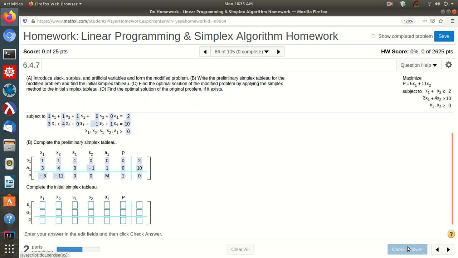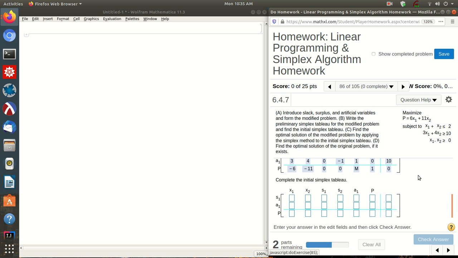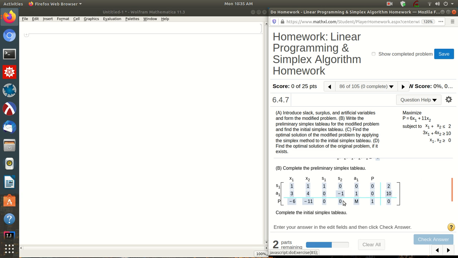Let's continue. Complete the initial simplex tableau. So we need to modify this table or matrix. Most people call it a matrix, sometimes it's called a table, but we need to modify this. Hold on, let me turn on my marker. This column right over here